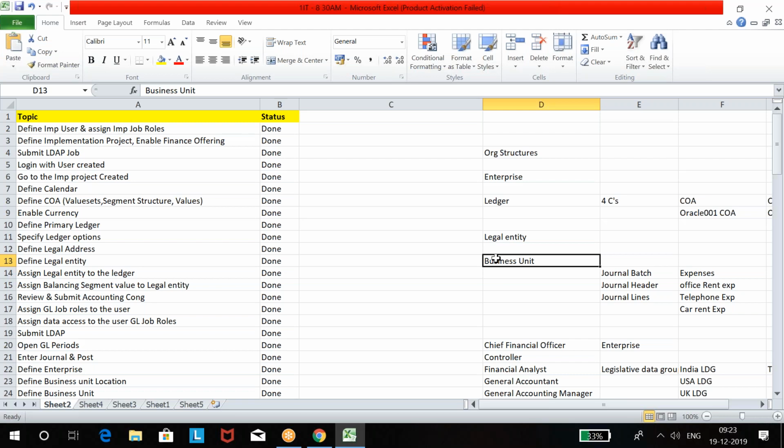Whatever offerings a company buys, they only get access to those modules. If the company is not buying HR and doesn't want to use HR in Fusion applications, then you don't need an employee user. Still, you need an employee user to work on financial modules, to become a procurement agent to create suppliers. Without suppliers, you can't process AP payments and invoices. So these basics are required. That's why I'm showing you.